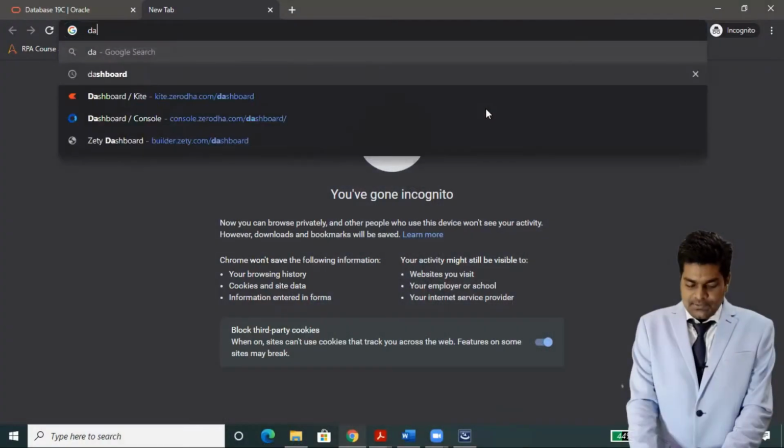Not only Oracle SQL Developer, we have so many tools in the market, like one of the popular tools, DBeaver, DbVisualizer, and some other tools I'll show on screen.